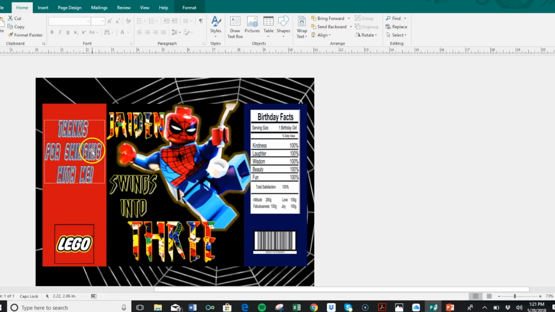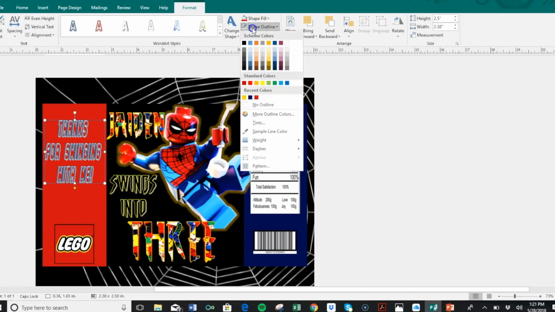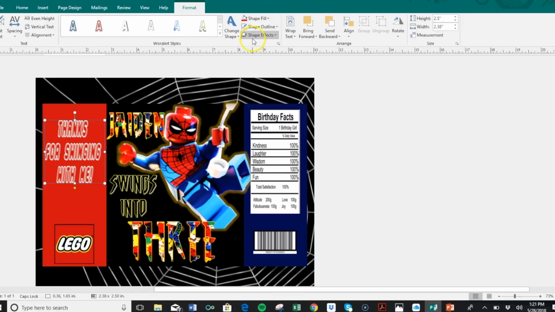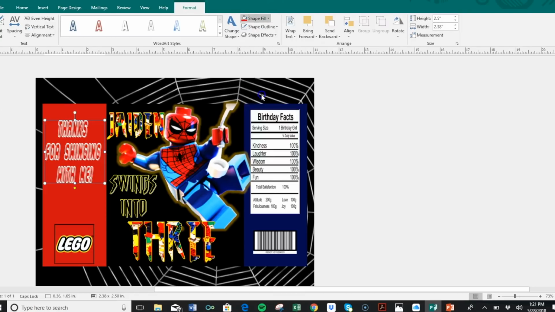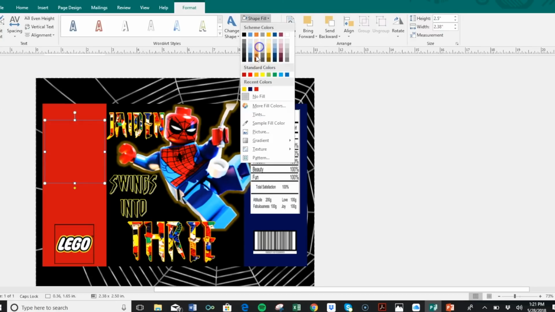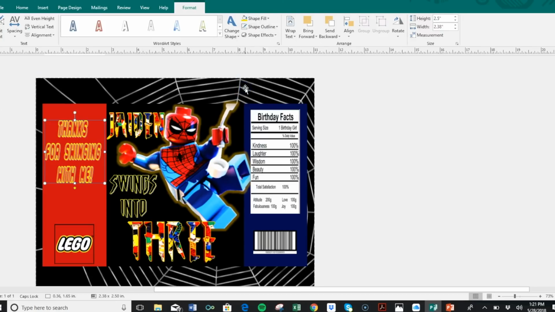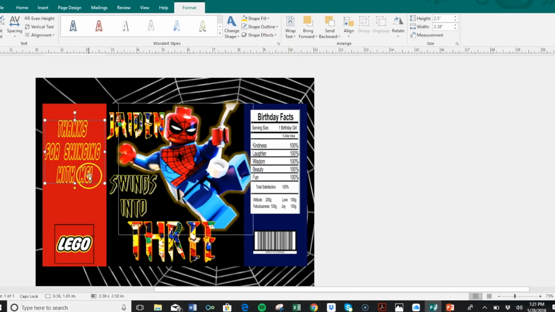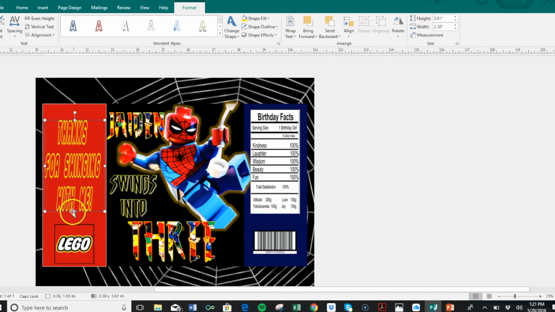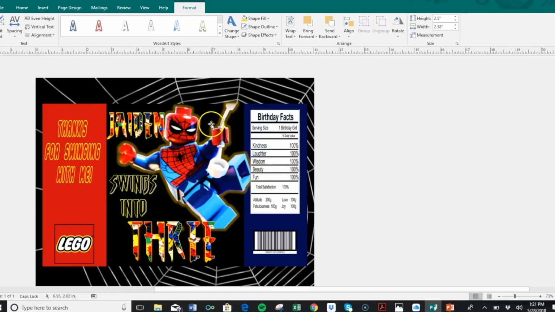Yep. And one of the things I'm going to do is I'm going to take the effects off of that. It has an outline on it. I don't want that. Shape fill. Let's do no fill right now. But we need a fill. Let's do yellow. And let's take the effects off of it because it seems to have. There we go. And I could bring it down. And, you know, whatever. I actually like it the size that it was. I might just put like